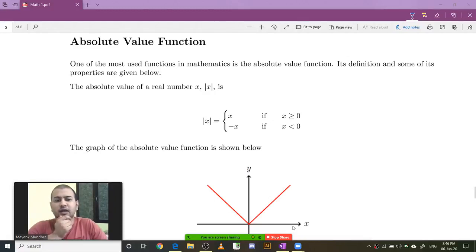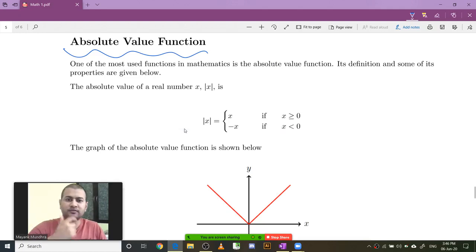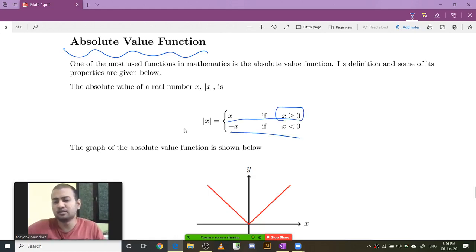So yeah, absolute value function is also something that we have studied earlier. What the absolute value function does is that it just takes the number and converts it into positive if it is negative, and reports it as it is if it is already positive. So if x is positive or 0, it will report it as it is. If it is negative, then it will multiply it with the negative. Basically it reports the positive of whatever input you give it.